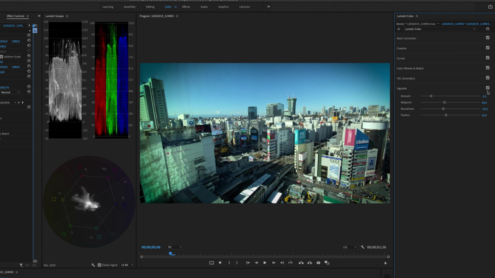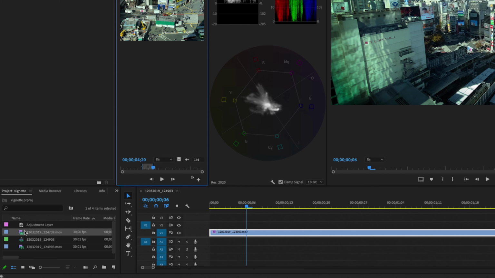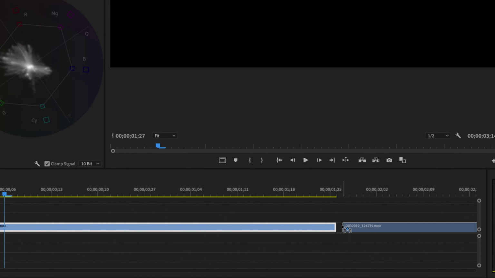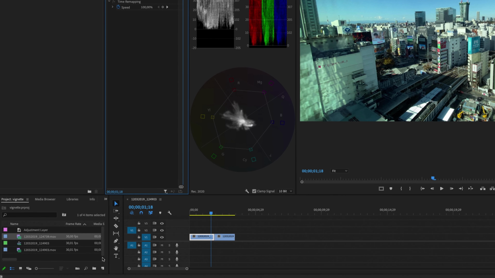But what if you want to have this effect on multiple clips? I'm going to show you how to do that right now. So let's say I have this other clip right here, and I'm just going to drag this clip to the timeline as well. So to have the vignette on multiple clips, we can go into our project bin right here